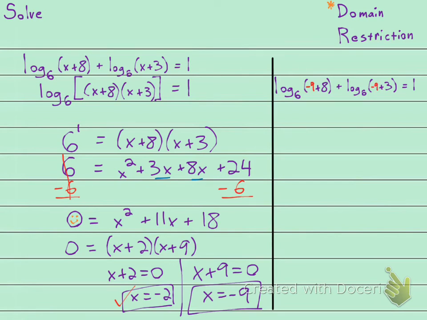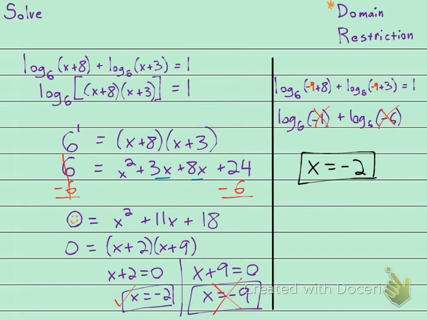Well, now I have the log base 6 of -1. Can't have that. Okay, I can stop right now. I'm going to also get an error when I try it here. Log base 6 of -6. Okay, you can't have a negative inside of a log, and so I have to take this answer and throw it out. So the only answer is x equals